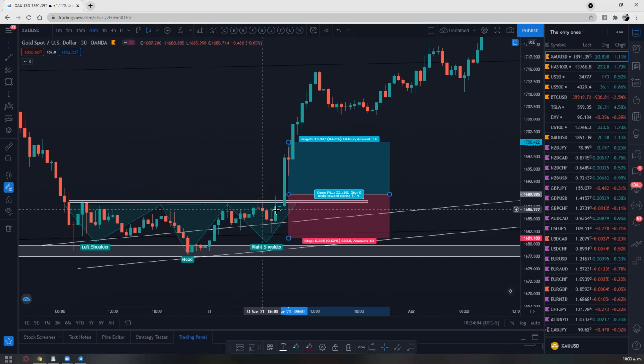This is how it's looking on a 30-minute. Now, you would have waited still for the breakout of the last high of this structure. The price tried to break above, and it didn't. It came down again, touched it again, and it didn't. A little doji, and then boom, this was the candle that broke above. So entry right here, stop loss right here.